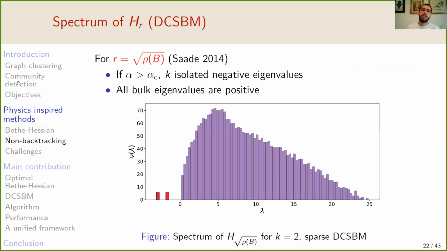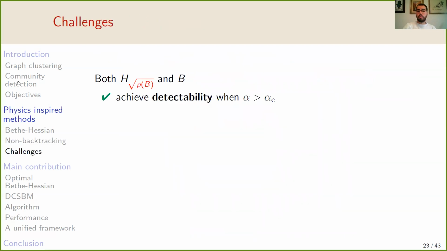Similarly, for the Bethe Hessian, it has been studied for a specific value of r equal to the square root of rho B, so the radius of the bulk of the non-backtracking matrix, and it has been shown that for alpha greater than alpha c, we have k isolated negative eigenvalues, while all other eigenvalues are positive. Also in this case, we have k isolated eigenvalues as soon as alpha is greater than alpha c. So these two matrices, H of square root of rho B and B, are a very strong choice of the matrix M because they achieve the